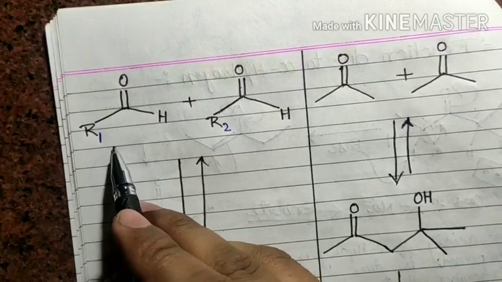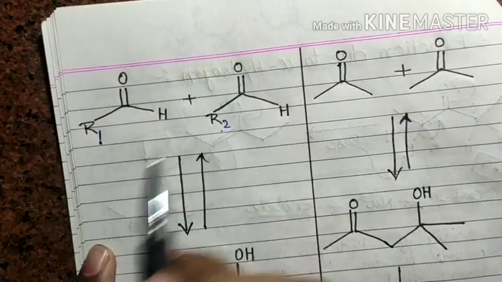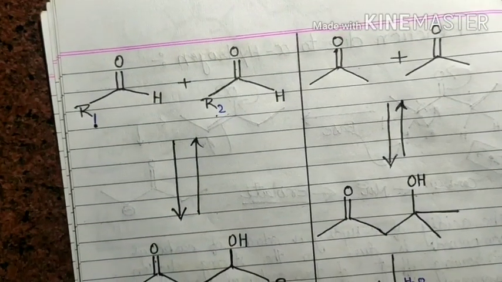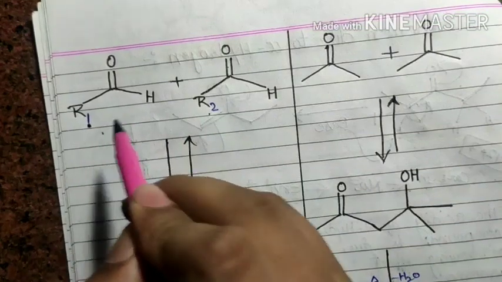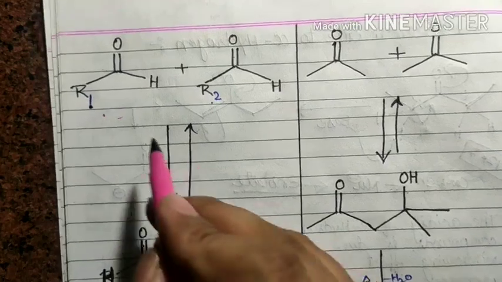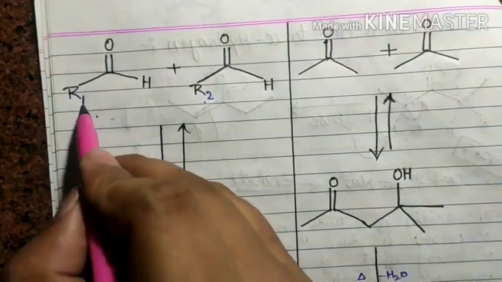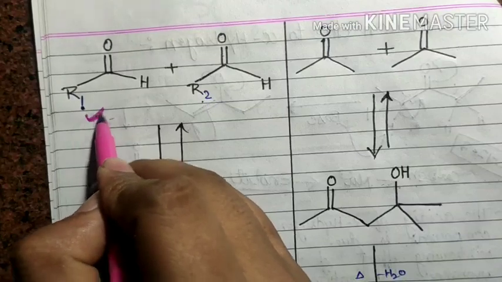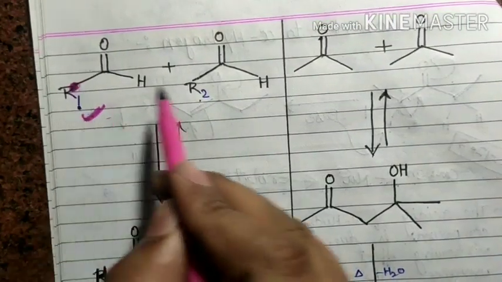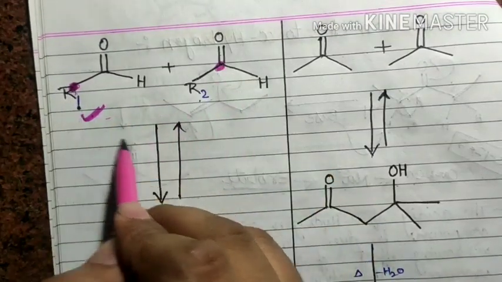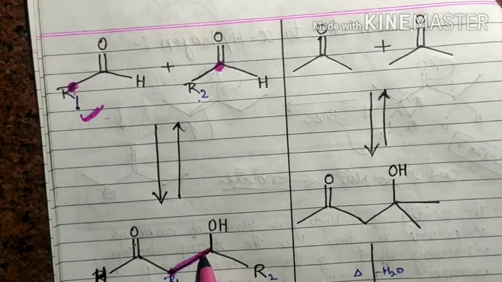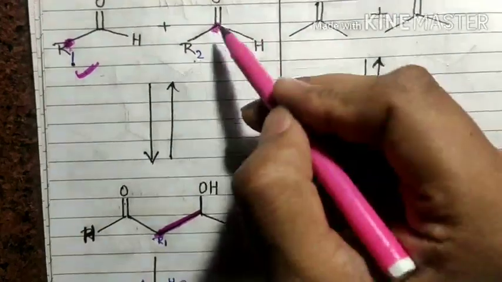So this is written here. I write here R1 and R2. So in these two molecules, one of the molecules forms an enolate. If the two molecules are similar, any one can form the enolate. So I consider that this molecule forms the enolate. If it forms the enolate from this side, this carbon makes a bond with this carbon, because here it is negative, so this attacks on this carbon center. So this R1 is here and this one is the new bond.